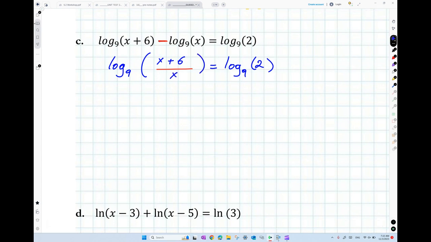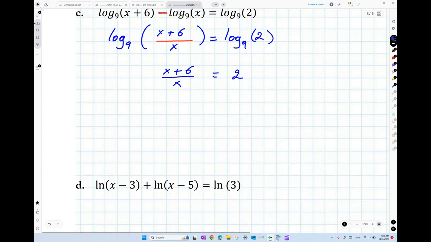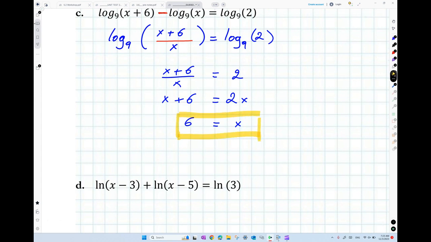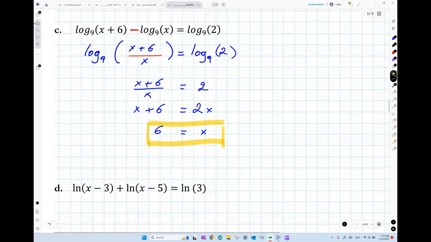Now I can cancel out the logs. And if I solve this and have x plus 6 equals 2x, which means that x would be equal to 6. So that would eventually be my answer, but you always have to verify this with the domain of validity